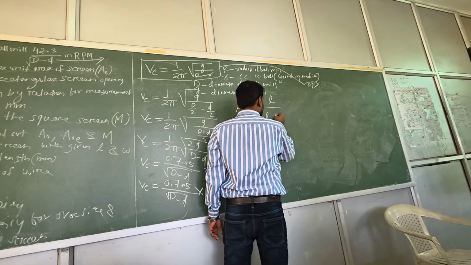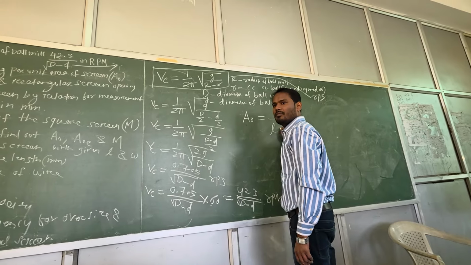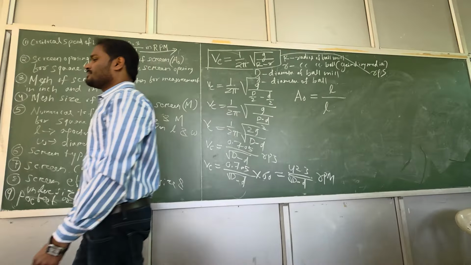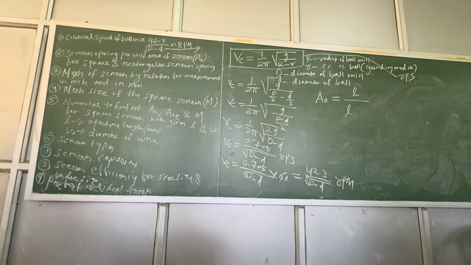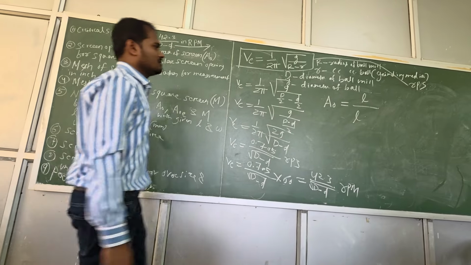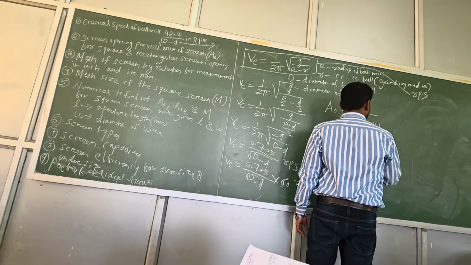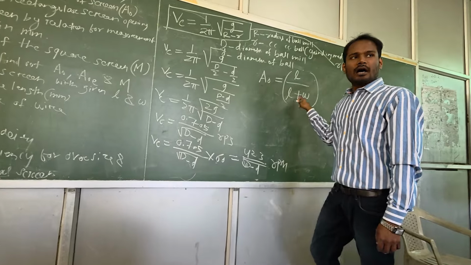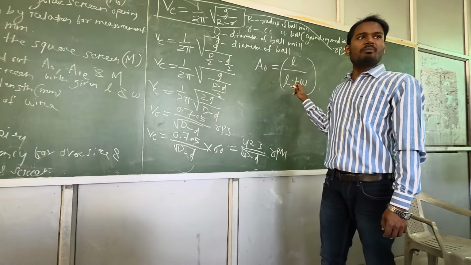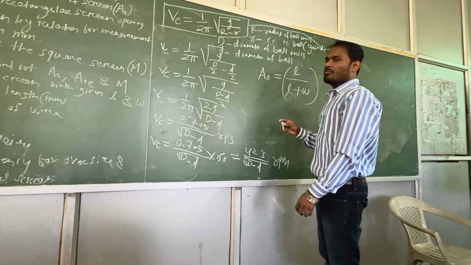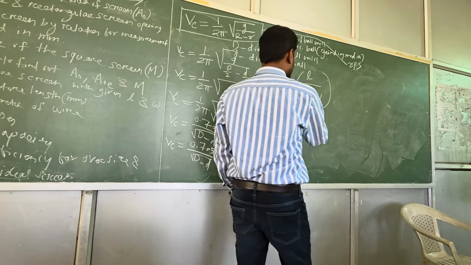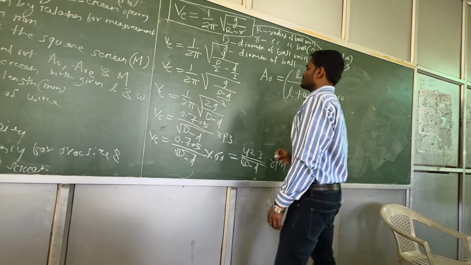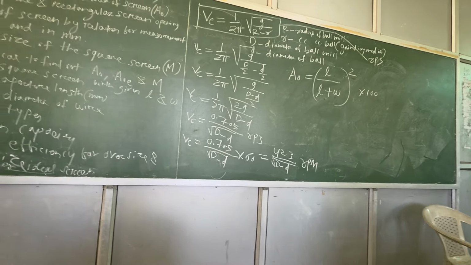Length by length plus, or what did I tell in the previous section? Minus? Yes, sir, minus. I told you minus, are you sure? Yes, this is plus, not minus, this is plus. L by L plus W. This is actually the real representation, squared. Maybe in the previous lecture we got confused. So that's why maybe that numerical went wrong.